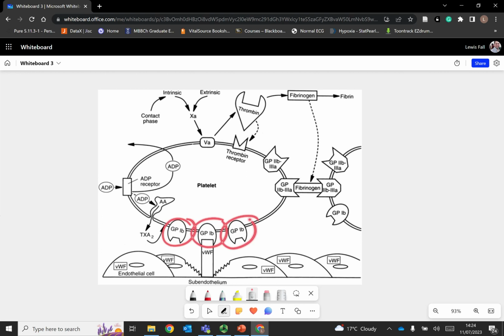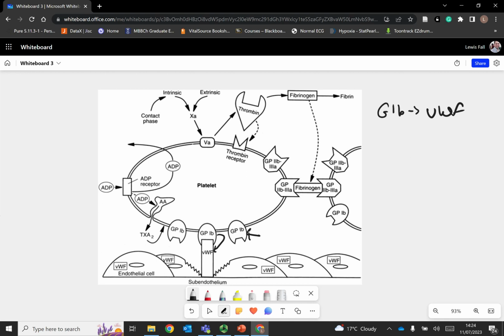We've got to remember a few things about what these bind to. So it's going to bind directly, as you can see right there, to von Willebrand factor. So glycoprotein 1b binds to, I'll do it like that, just a little arrow, binds to von Willebrand factor,